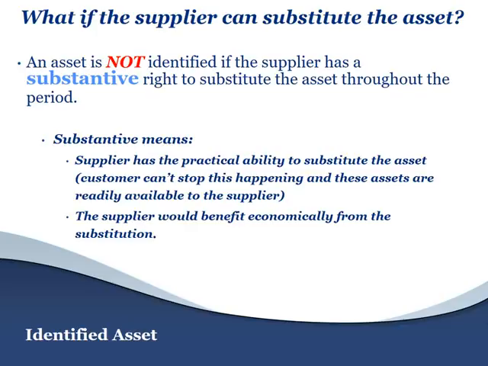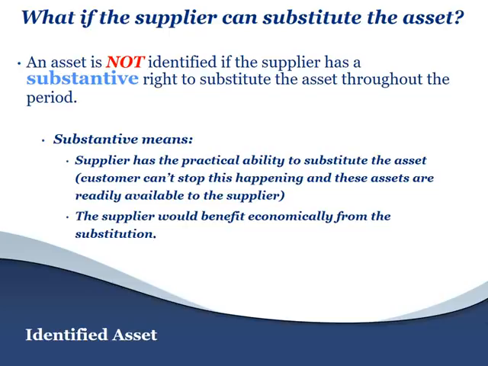Well, then the question obviously is, where it's explicit, it's easy. Where it's explicit, I know I'm provided exactly with a certain type of asset. But what if it's implicit? Can the supplier then substitute the asset? Well, the standard says an asset is not identified if the supplier has a substantive right to substitute the asset